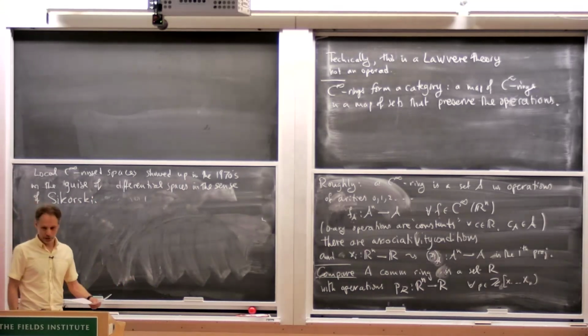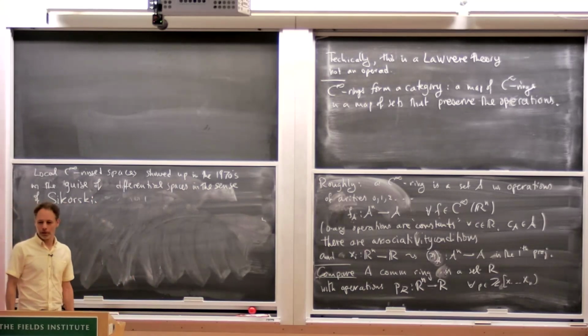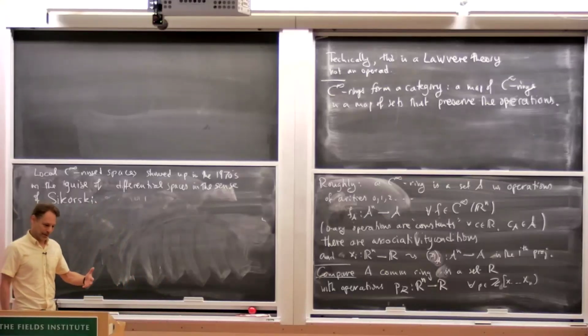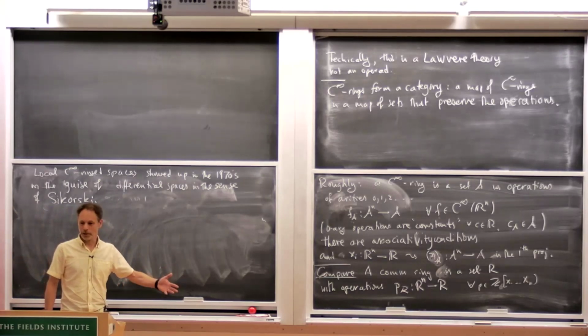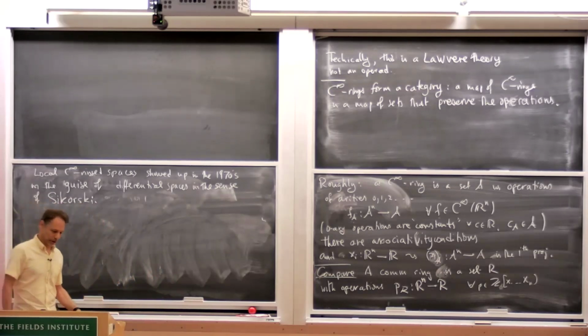The title of my talk is sort of a reference to Joyce's book on algebraic geometry over C-infinity rings. This is the way I got into this: I was talking to some engineers, and they needed to do things on singular spaces. I told them Joyce wrote this book, and it probably has everything you need. Then I looked at the book, and it didn't, because it didn't have vector fields, and it didn't have flows. This is when I got hold of Yael and said, we have to get to work.